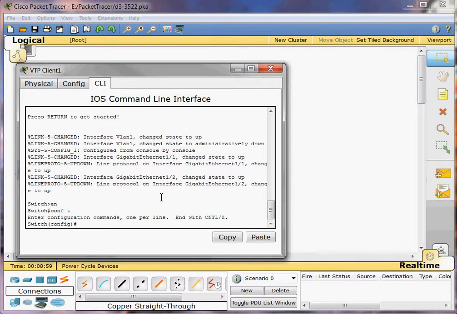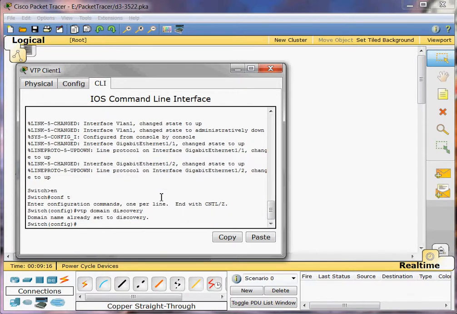And then we're going to do VTP domain discovery. Okay,